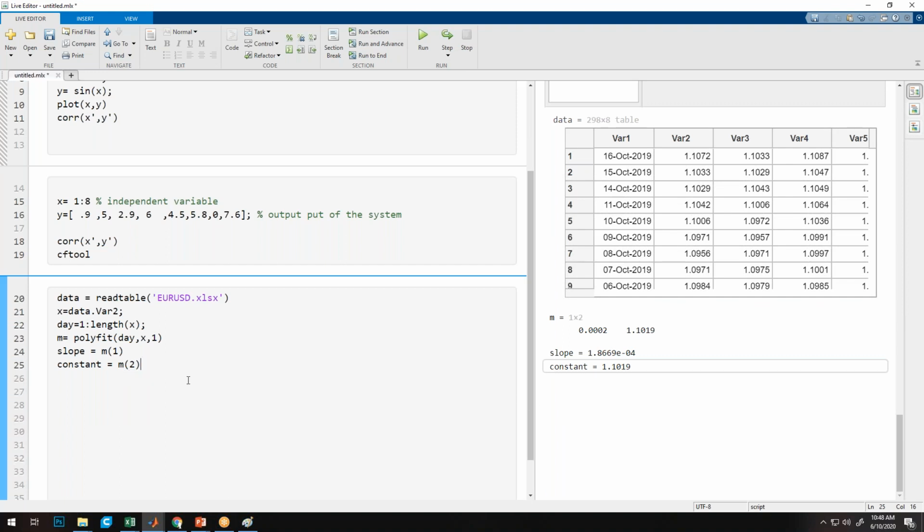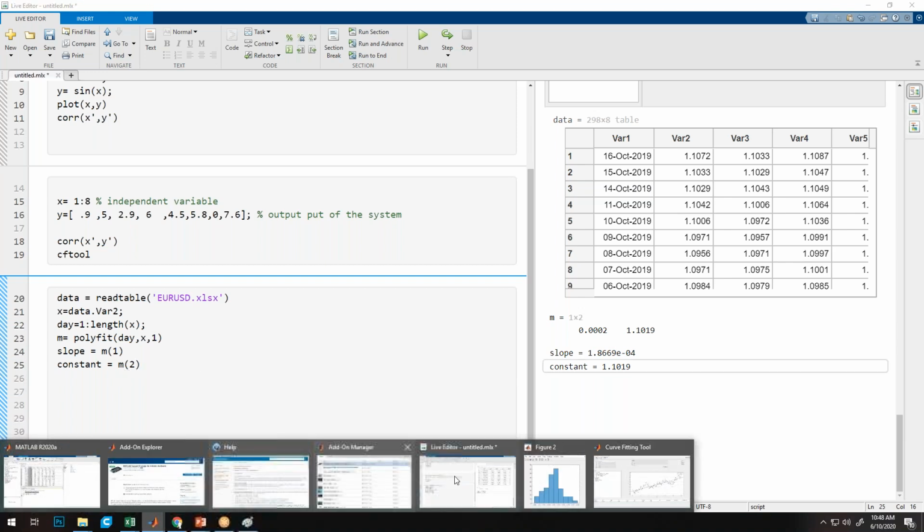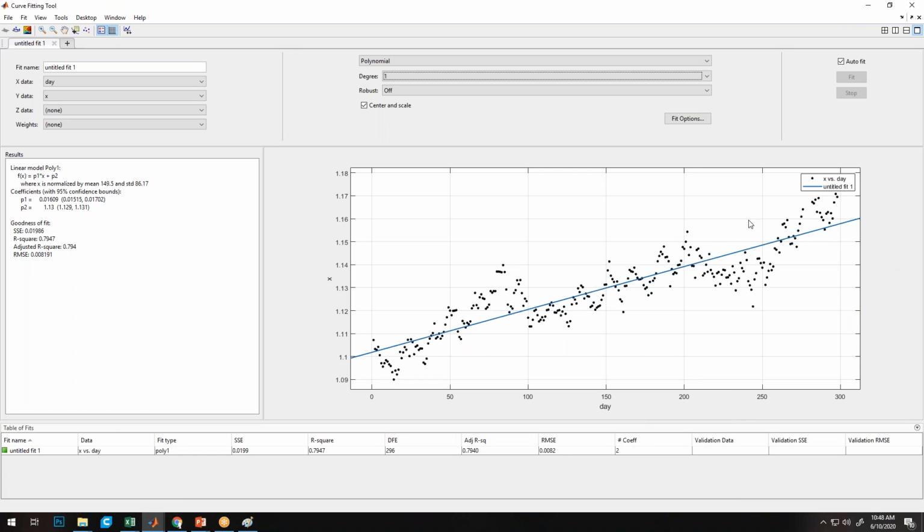Now, based upon this simple strategy, you can write an if condition, like if the current value of the stock is below this slope line, then you apply the buy part or the sell part, like that. So any problem up to here in understanding the concept of curve fitting?